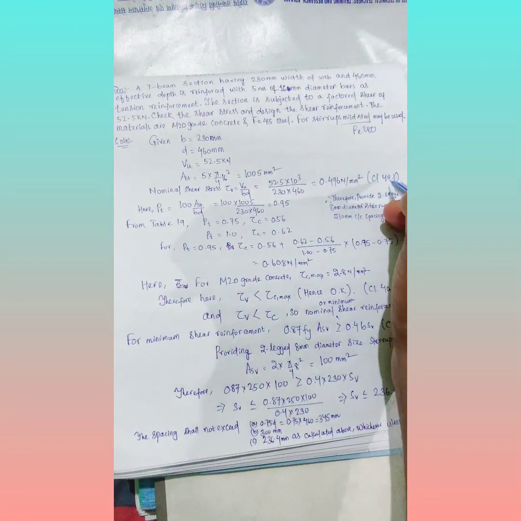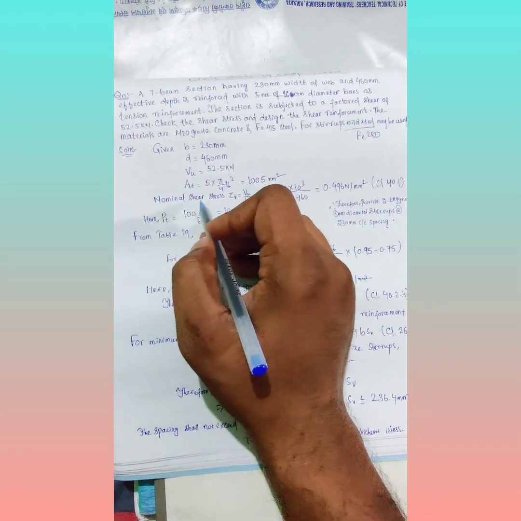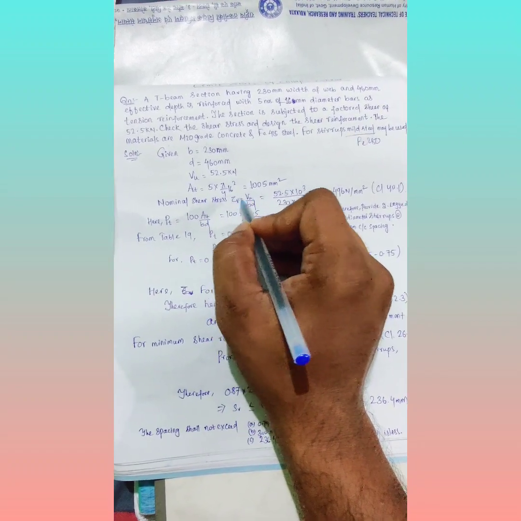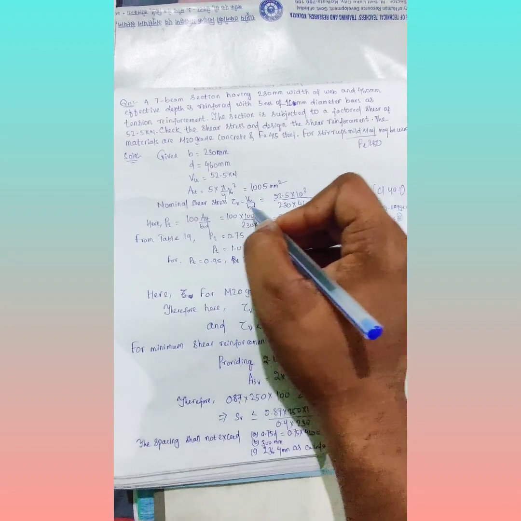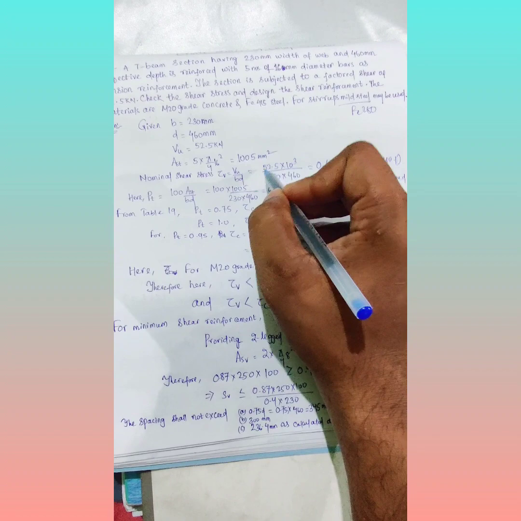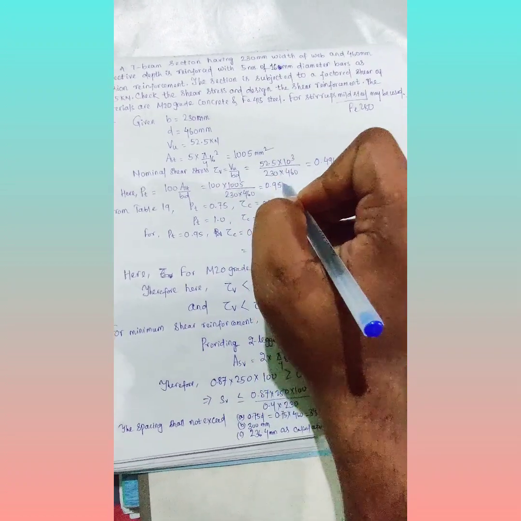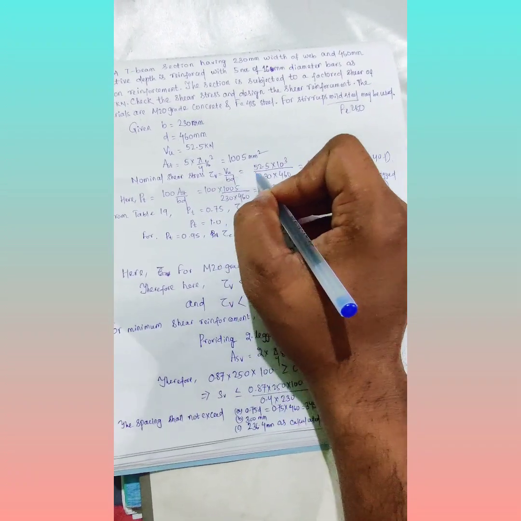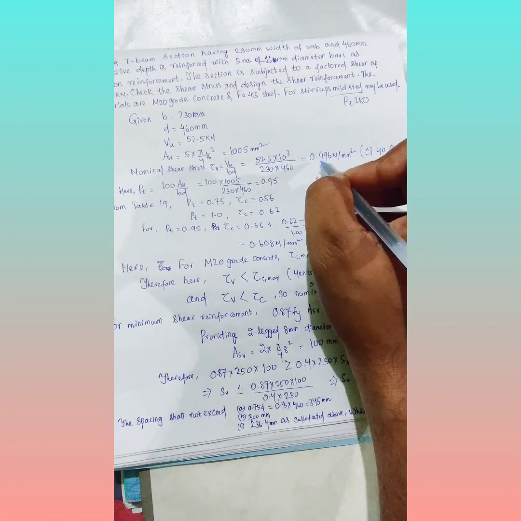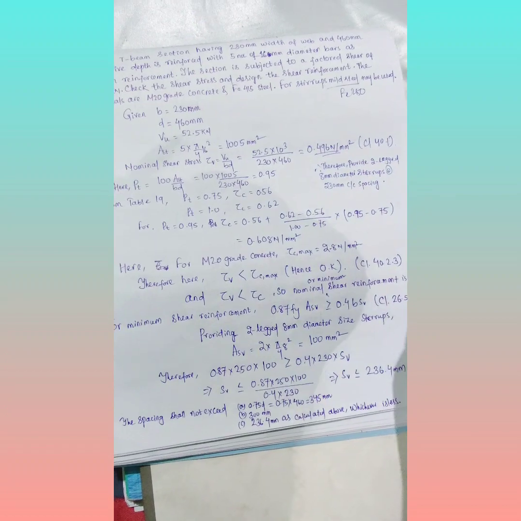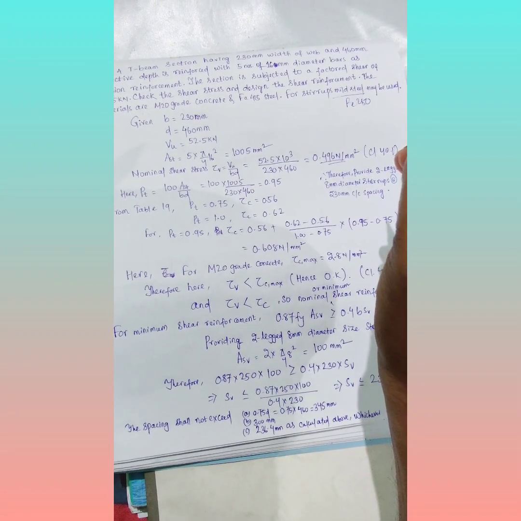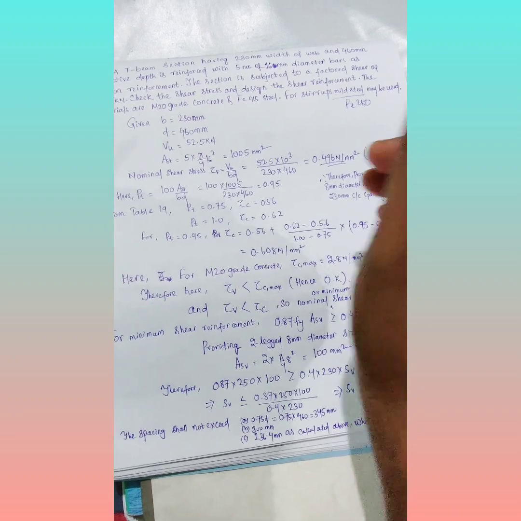So as per clause 40.1 of IS 456-2000, nominal shear stress is given by tau v, that will be equal to Vu by bd. So Vu is given as 52.5 kilonewton, that is 52.5 multiplied by 10 to the power 3 divided by bd. b value is equal to 230, d is equal to 460. So the nominal shear stress value is coming as 0.496 Newton per mm square. Clear? Next we will try to calculate what is the value of tau c,